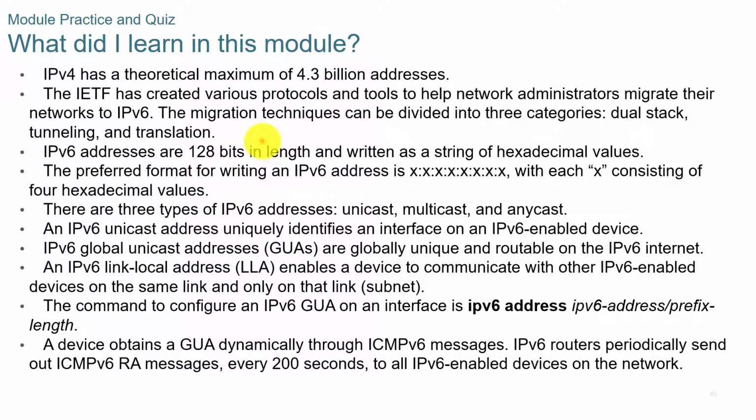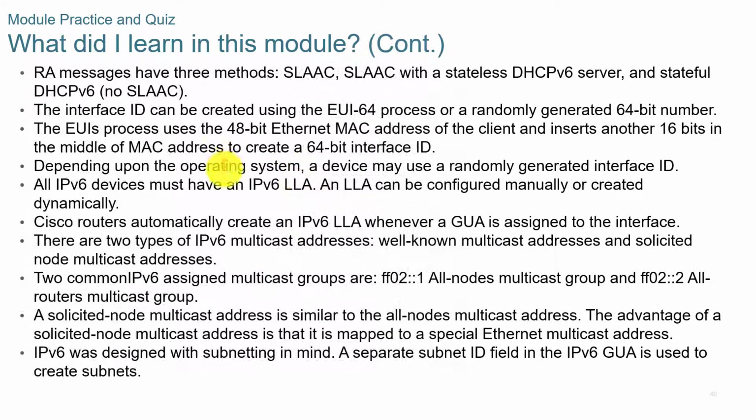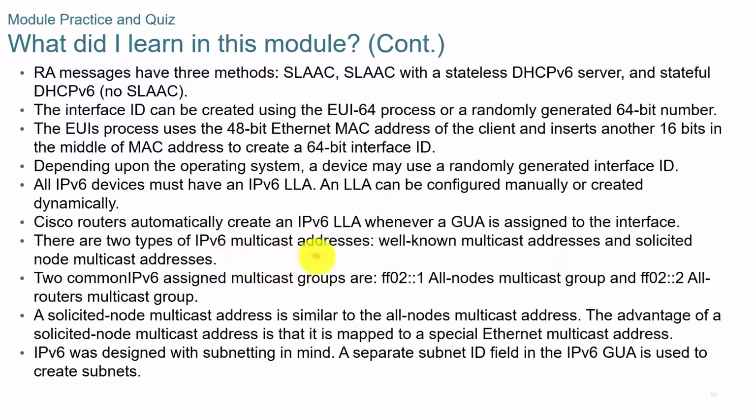So we've run out of v4 addresses. That's what we learned. v6 addresses are 128 bits in length. We have 3 different ways of writing them: the preferred way, removing the leading zeros, or compressing them all together. Just remember those rules. That's the important thing to remember. Remember your GUAs and your LLAs. Remember that when we're subnetting, we subnet in the subnet ID, and there's 2 different types of v6 multicast addresses, and we have the different types: the multicast, unicast, and the anycast.